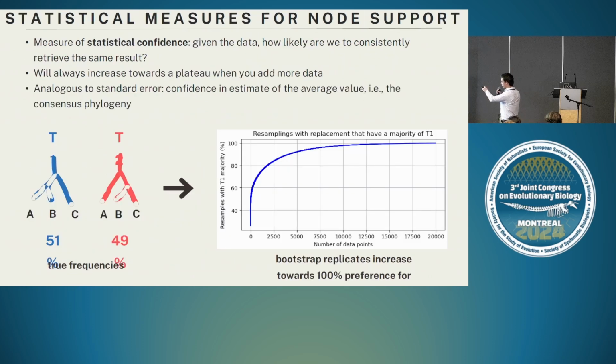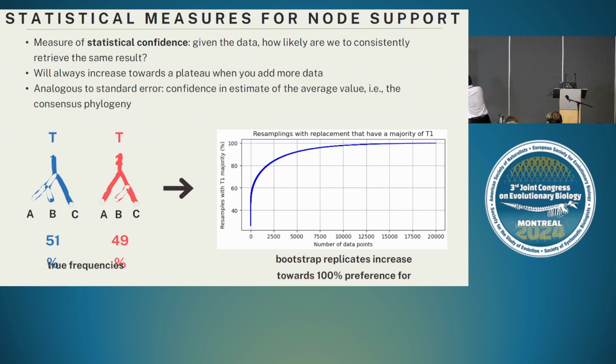So this is very different from statistical measures of node support, which are a measure of statistical confidence. So given our data, how likely are we to consistently retrieve the same result? And pretty much with this, if we throw more data at it, it'll go up and up until eventually it's at a plateau, right? So this is a back of the envelope simulation here,